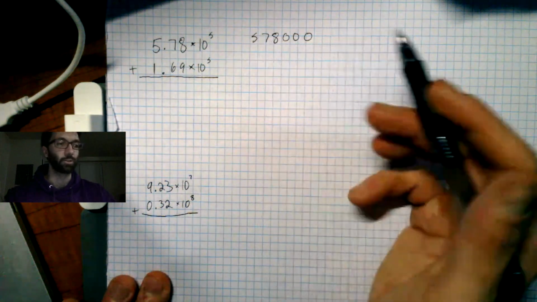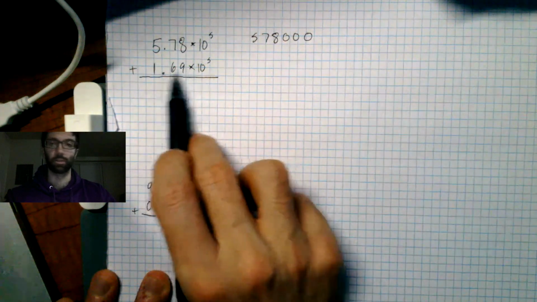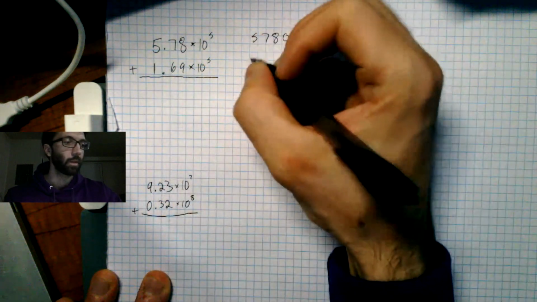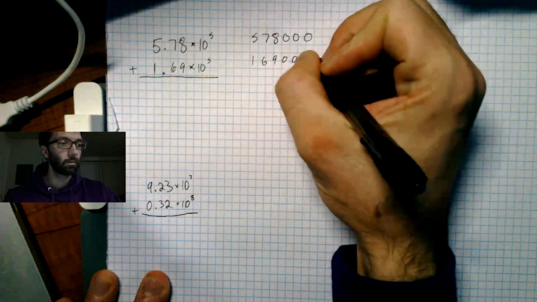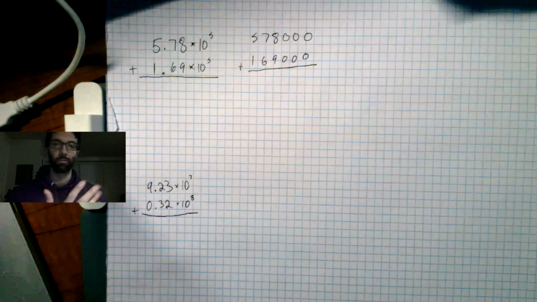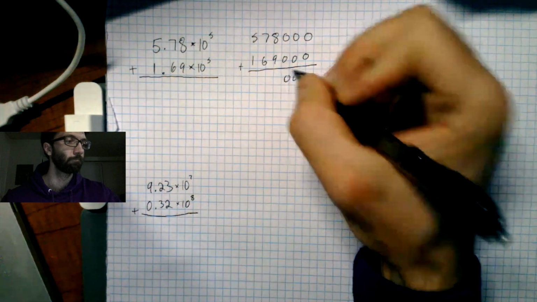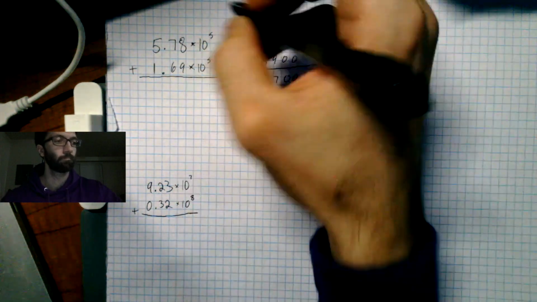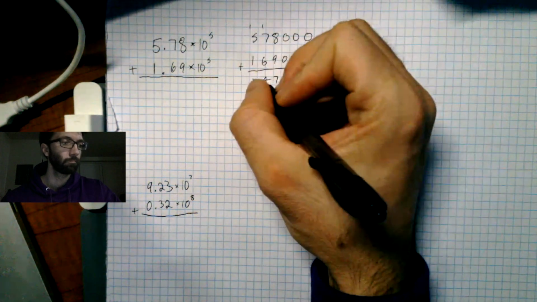So I have 578,000. And then here, when I convert this number to standard form, I'm going to have a 169,000. And then I'm just going to go ahead and add them like I normally would. Okay,